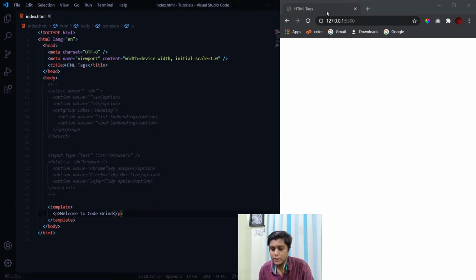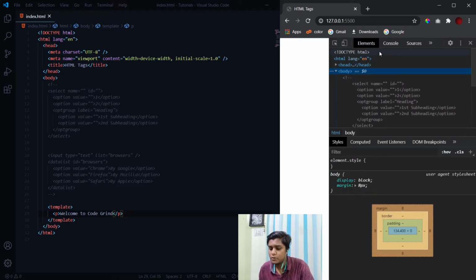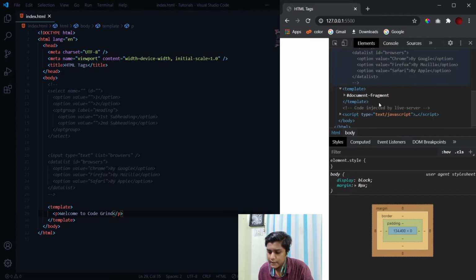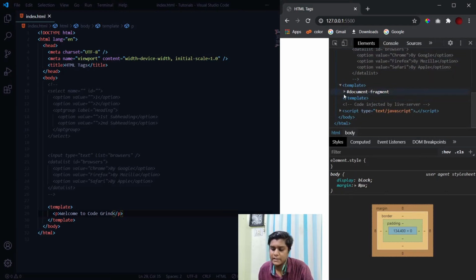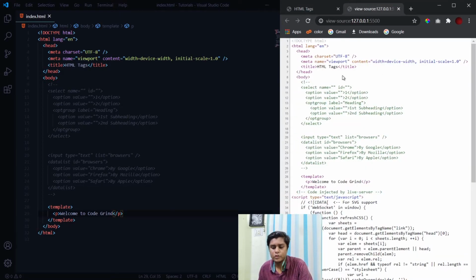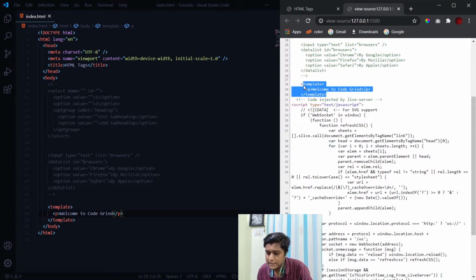and you see I reload it, but we don't see any text in here. That is because whatever you write inside this template tag is never visible in your browser. But when I come to the inspect element, you see we have this template tag in the inspect element, and inside here also you can't see anything. It's just saying something hash document fragment. But when you go to the source code, so to go for the source code of any particular web page, you can just hit Control plus U for Windows and you will get to the source code. Now in here you see we can see this template.